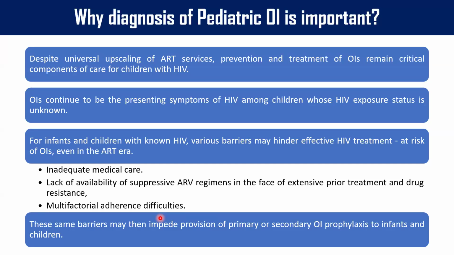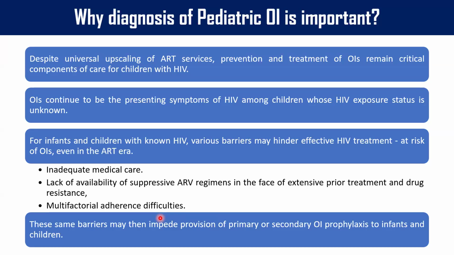So they present to you with an opportunistic infection because their CD4 is down. They will have a chronic effect of HIV infection resulting in malnutrition and some altered immune dysfunction. All these things will present as an opportunity to develop these infections and present to you as a first symptom. So you should not forget this, even though there are universal ART services.